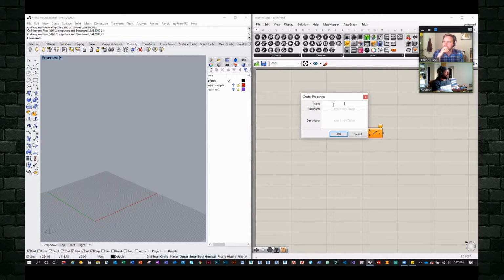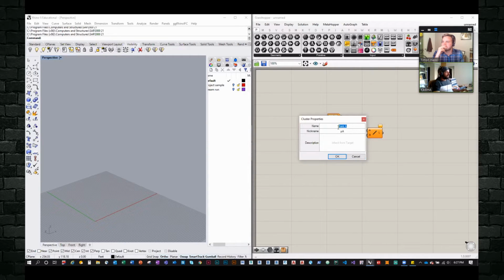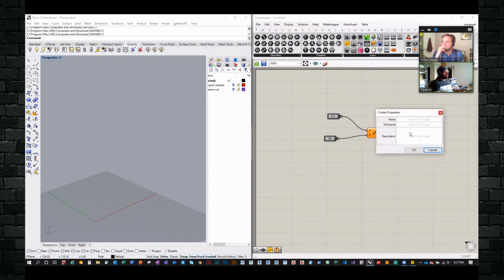So I can double click here and say, this is point A. This is going to be point B. And I could plug that into here and here. And then the output would be my line. So this would be line L. Again, this is just super simple, but at least it shows how simple this is.